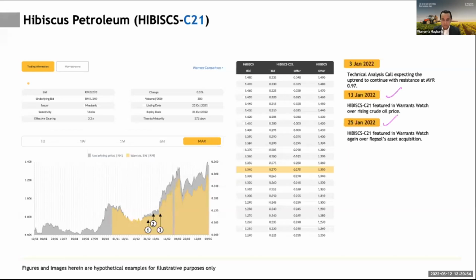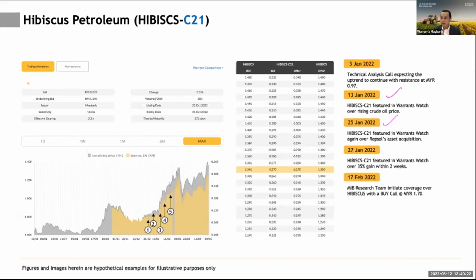On the market information, including some of the news flow over Hibiscus, on the 13th and 25th of January there were a couple of positive news items about rising crude oil prices, as well as the company's acquisition of Repsol. The acquisition of Repsol actually tripled their production capacity and improved the market sentiment over the company. So the price here, you can see, over the period of the recommendation and the news flow that the Maybank Research and Maybank Warrants team covered,